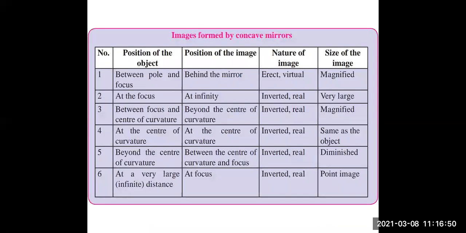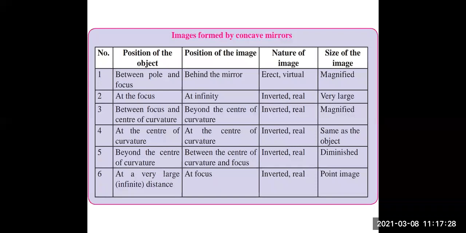Now this is the table formulation of all the things which we have learned from these ray diagrams. I have discussed 4 diagrams with you. Now you have to find which 2 diagrams are not discussed. Try to draw the ray diagrams and find their images. Where do they fall? So first is the position of the object, then the position of the image, third is the nature of the image, and fourth is the size of the image.